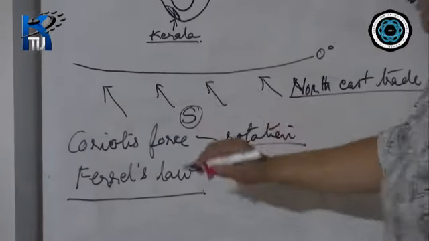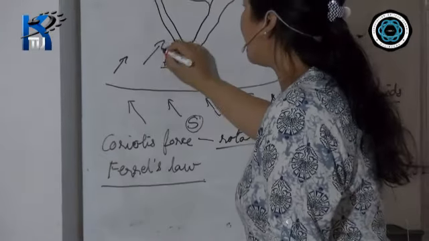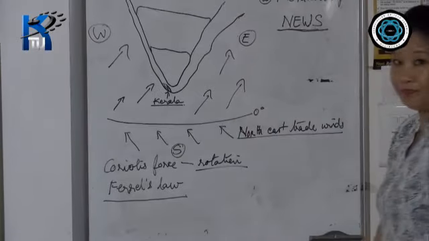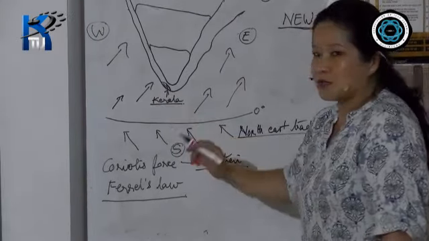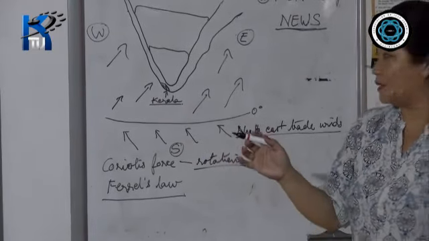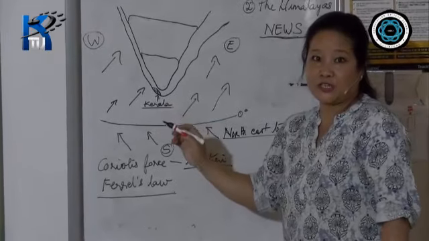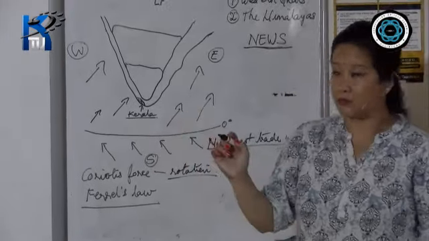Now, quickly we move on to this. The winds, as they cross the equator, as I've already told you, approach the Indian subcontinent in this particular manner. Why I've mentioned Kerala is because it's a question. Sometimes it's asked in the ICC: Kerala is the first state to receive and the last state to see the retreating monsoon. Give reasons for it.